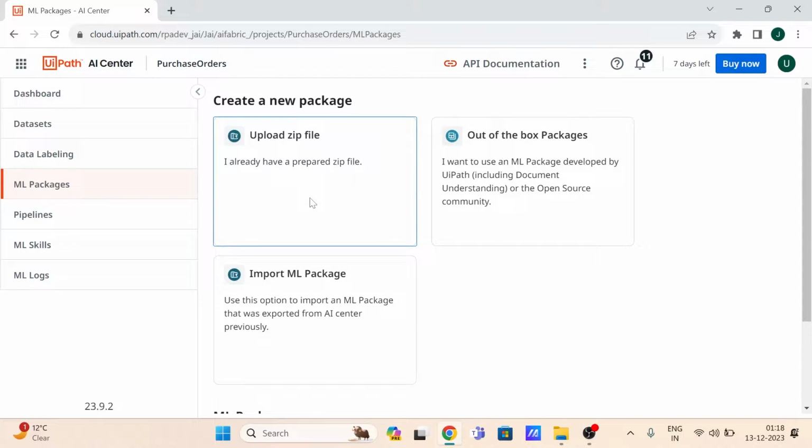Now, the first option is if you have your own package. For example, I have my own team of data scientists who have created a machine learning package out of Python or any language, and I have prepared it in a zip file. So in this box, we can upload the zip file of that package. This is pretty easy. Second, coming to out of the box packages, it says I want to use an ML package developed by UiPath, including Document Understanding or the open source community. If I go into this,